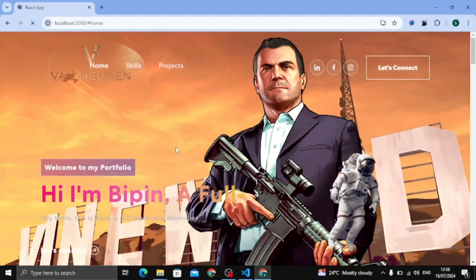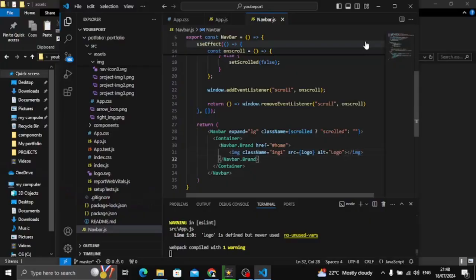To move on with the toggle bar and then the rest of